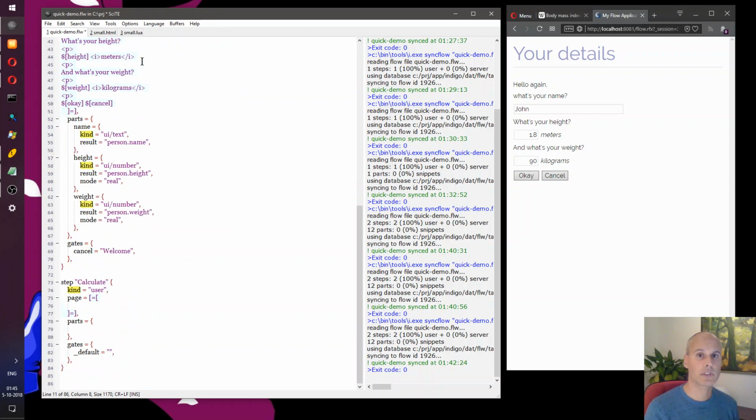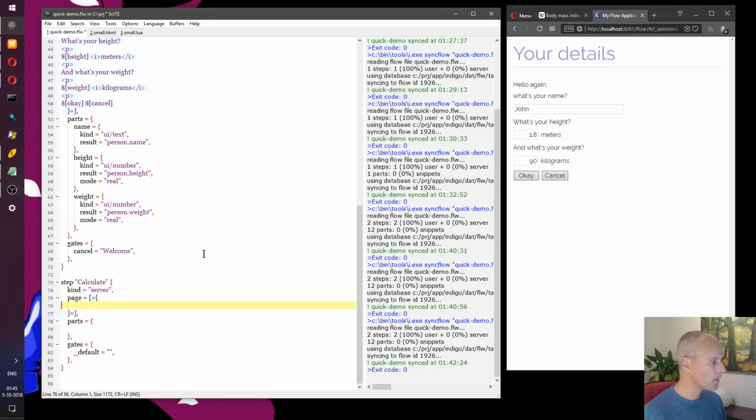And user steps are steps that produce pages that someone sees in their web browser. For the calculation, that doesn't have to be a page. It's just a calculation. So there's an expression and there's a result, and the result should be stored somewhere. We call steps that perform actions but don't produce any pages server steps.